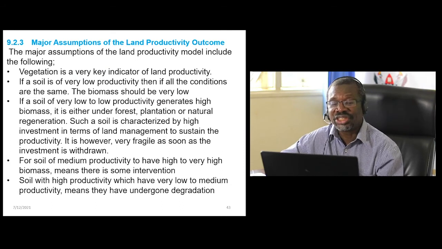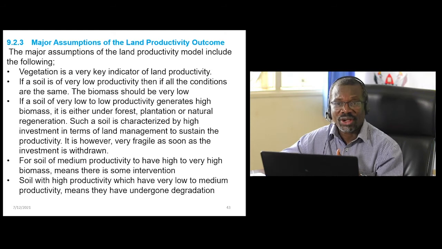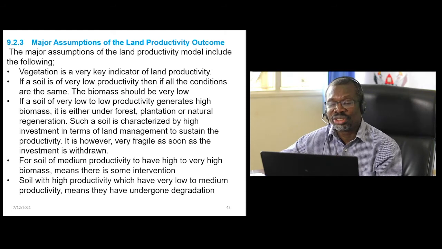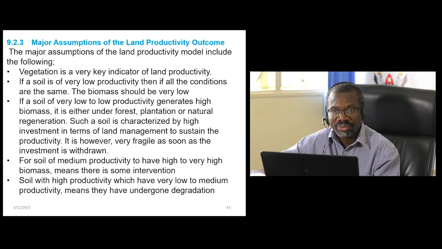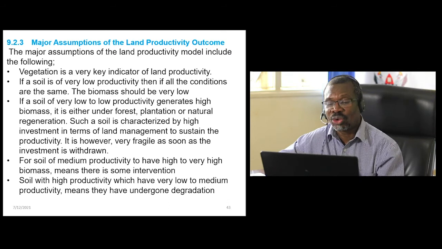So if a soil is of very low productivity, then even if the conditions remain the same, the biomass should be very low. If a soil is of very low to low productivity,